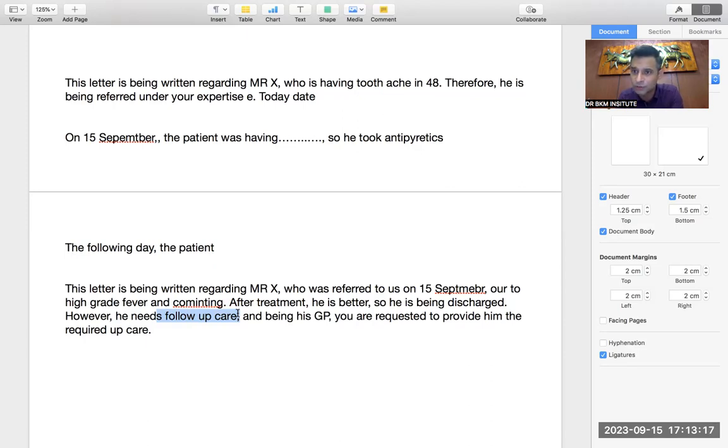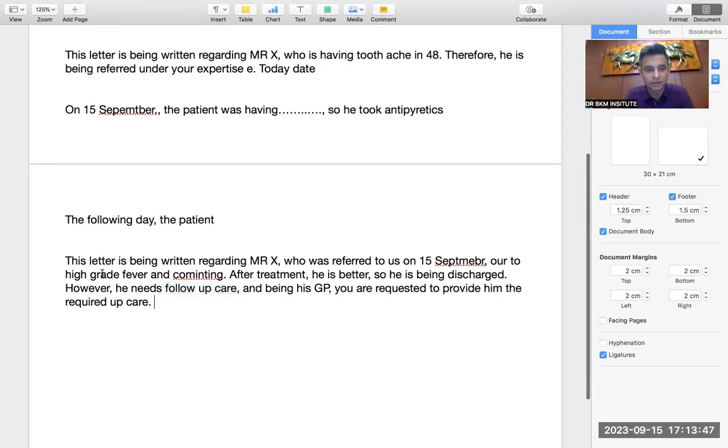These are the most common letters. Suppose you are working in a hospital, there can be a discharge back letter. What is the difference between a discharge back and a referred back letter? In a referred back letter, the GP referred to you, and you refer back. Discharge back means the patient is coming from a specific place, and you are discharging the patient back to the same place, like a residential home. The patient lives in a residential home, came to you, you treated the patient, and then you are discharging the patient back to the residential home.